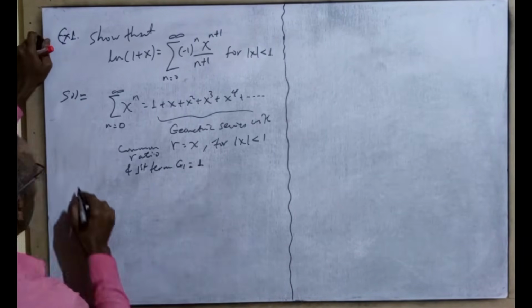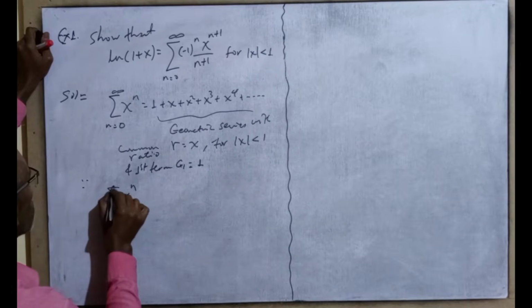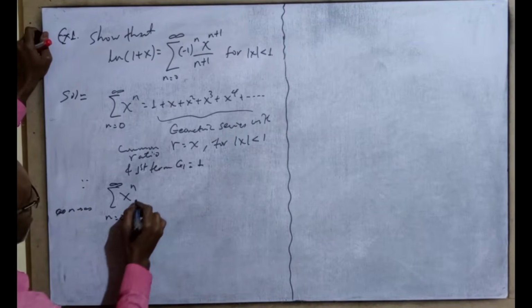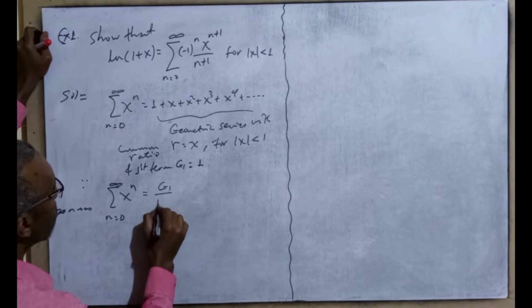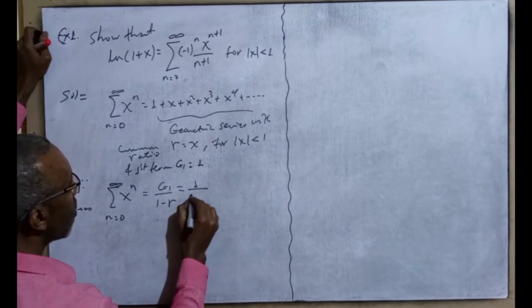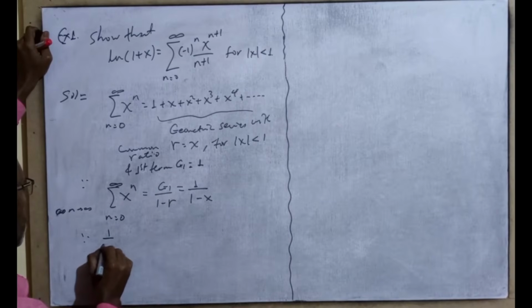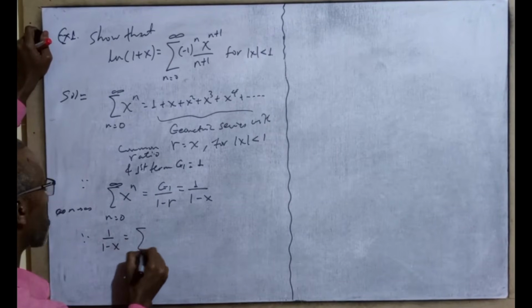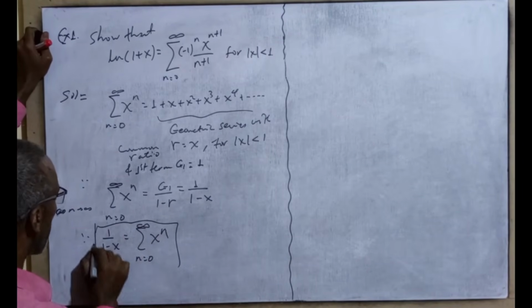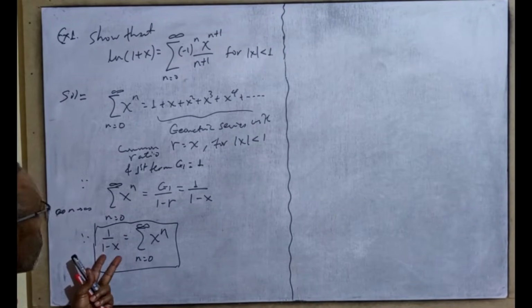ነው g1 is equal to 1. therefore the sum of x raised to n runs from 0 to positive infinity ማለት as n approaches to infinity ማለት ነው as n approaches to infinity this sum corresponds to g1 over 1 minus r ነው የሚሆነው from geometric series g1 ምን ነው first termችን ነው 1 ነው over 1 minus r ማለት ደግሞ ማን ነው x ማለት ነው. therefore 1 over 1 minus x has power series representation x raised to n where n runs from 0 to positive infinity ማለት ነው ይሄንን ባለፈው አግኝተናል ማለት ነው ስለዚህ አሁን ምንድነው የምናደርገው ይሄንን ኤክስፕሬሽን ወደዚህ መቀየር ማለት ነው